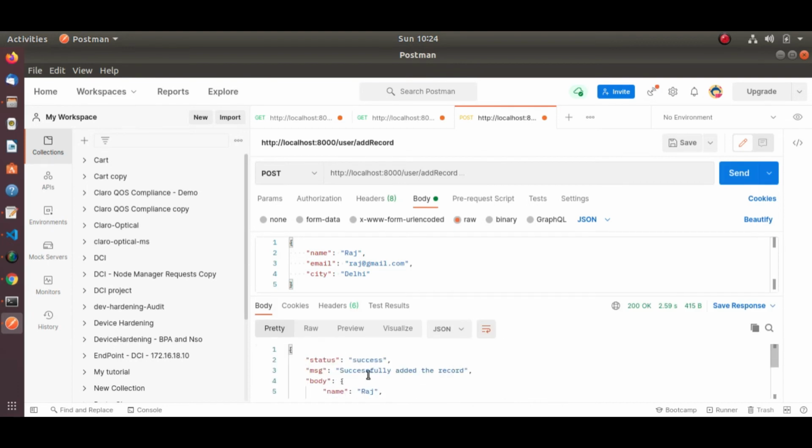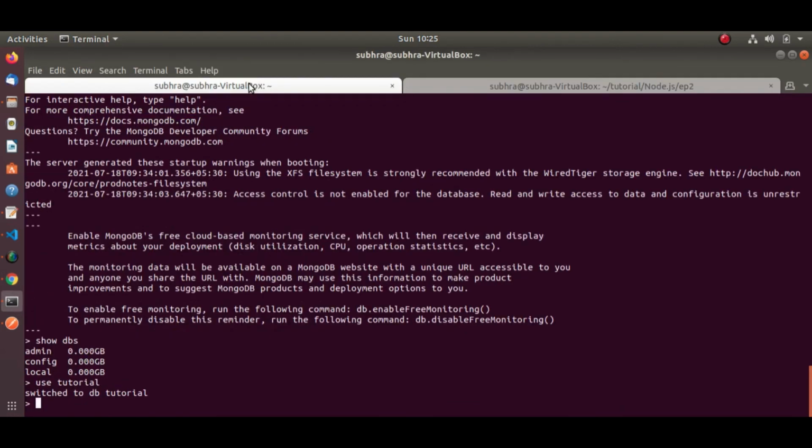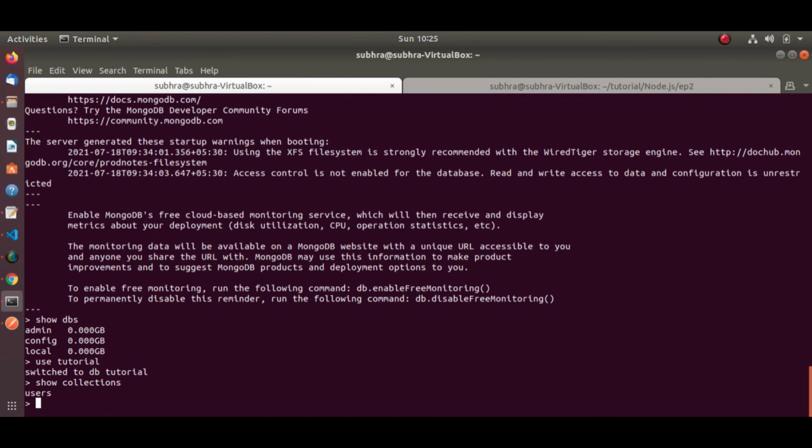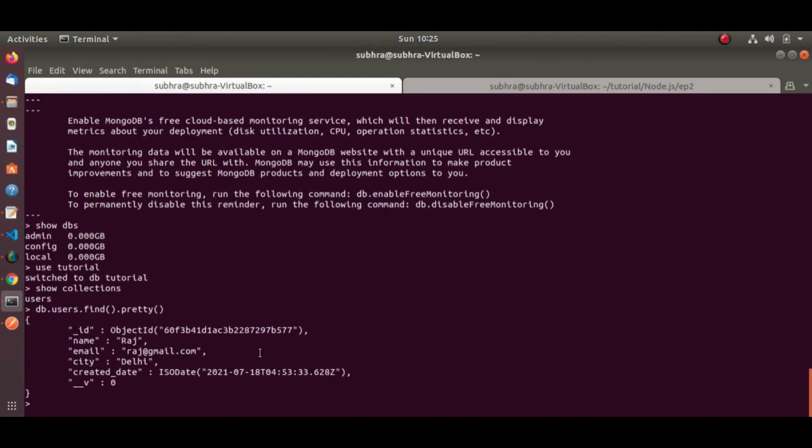You will see this is showing a success message. So let me go to the MongoDB database and check. Collections, we will check what collection has been created. Users, so we will write db.users.find, and let's prettify it, pretty. See, whatever data we entered from Postman has been entered into our database.